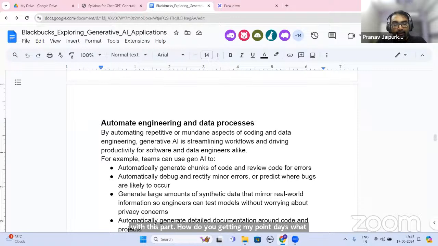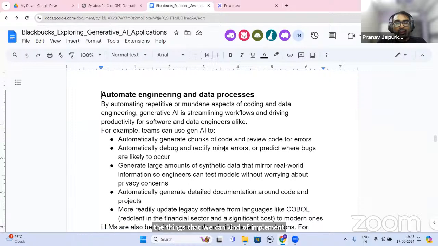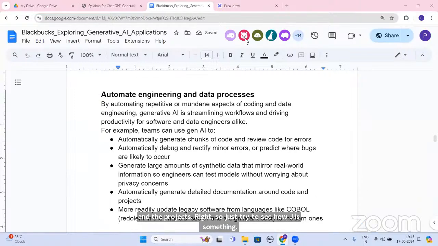So now, after this is done, let us try to see what are the things that we can implement. So you can automatically create chunks of code. Go on ChatGPT, write, I need a code for removing null values, removing duplicates. It will give you a block of code. You don't have to write it on your own nowadays, right? If you want to create synthetic data, it can help you to create synthetic data. Automate the detailed documentation around the code and the projects, right? So just try to see how ChatGPT is something which can be used in all of them.